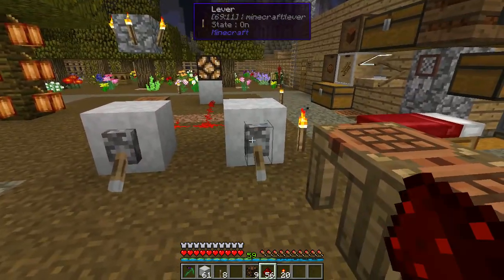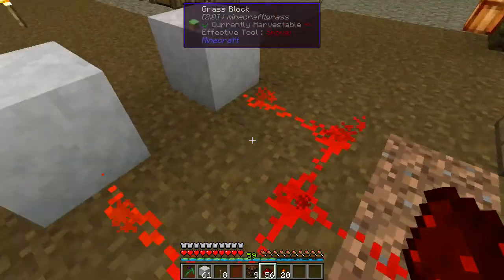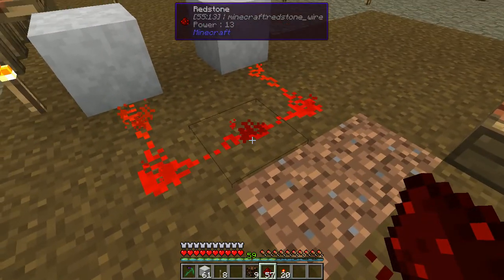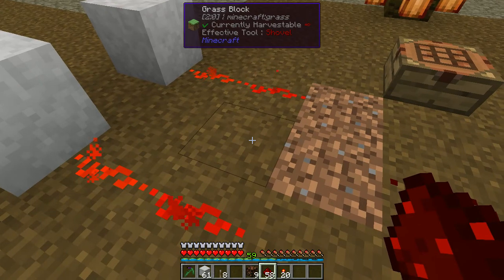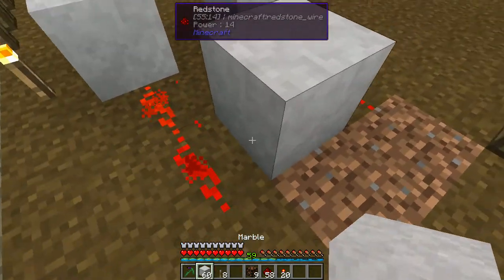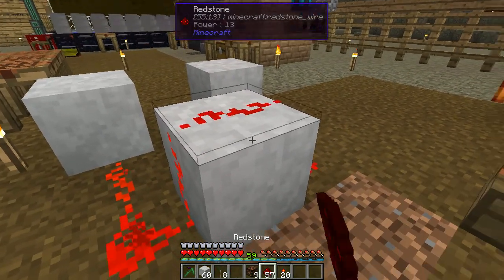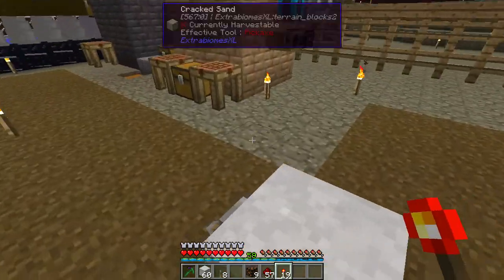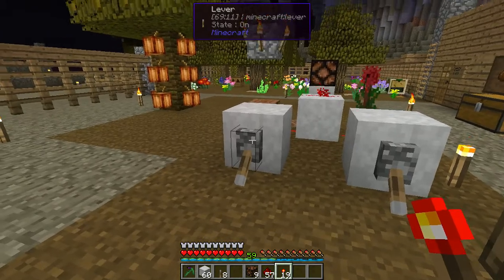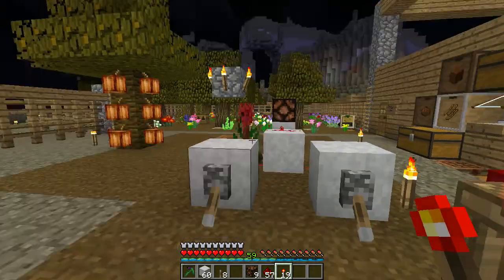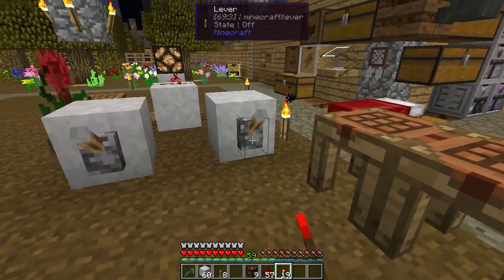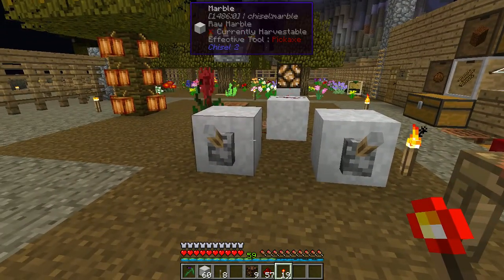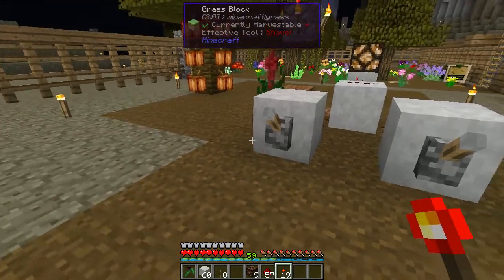Now to do the NOR gate, which is the opposite, all we have to do is, let's do it this way maybe. Do it here. Throw that guy right there. It's basically an inverted OR gate. So now, if we have them both on, it's off. If we have both off, it's on. So now the difference between the NOR gate